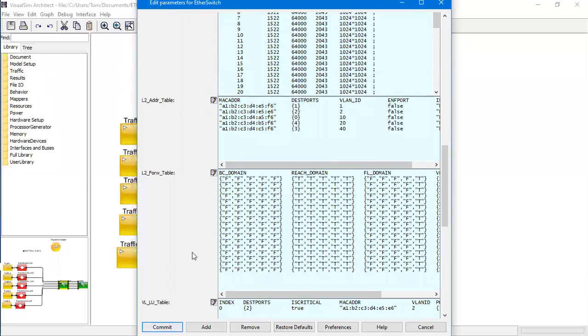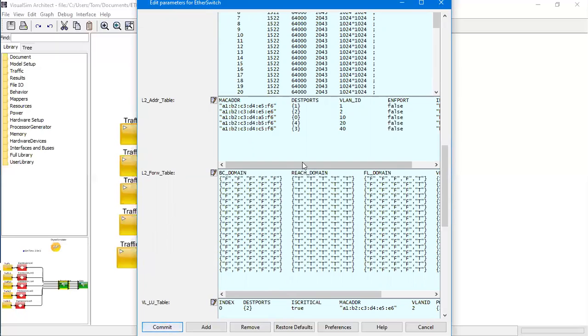We also have the L2 forwarding table, where according to the type of packet, we have different domains to look up. So let's say a broadcast message is being sent over. Then we will look into this broadcast domain and check whether all the broadcast domain ports are enabled. If one of them is not enabled, then we won't be sending the broadcast signal to that port.